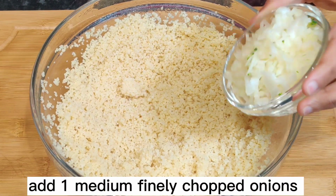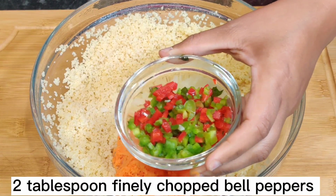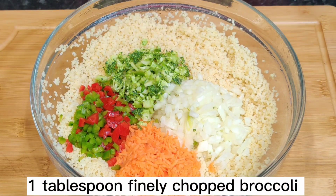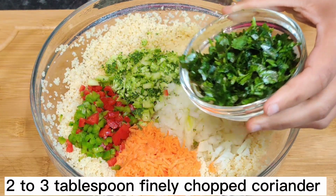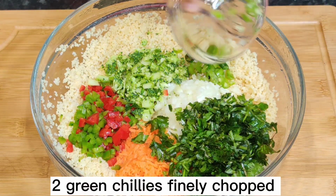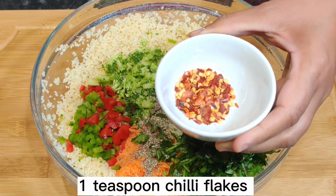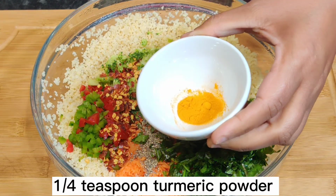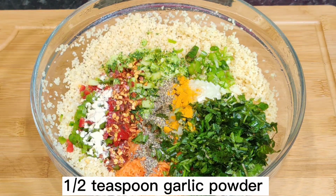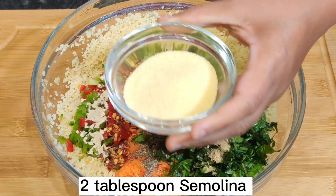Add 1 medium finely chopped onion, 2 tablespoon grated carrots, 2 tablespoon finely chopped bell peppers, 1 tablespoon finely chopped broccoli, 2 to 3 tablespoon finely chopped coriander, 2 green chillies finely chopped, a half teaspoon crushed black pepper, 1 teaspoon chili flakes, a quarter teaspoon turmeric powder, a half teaspoon garlic powder, a half teaspoon ginger powder, 2 tablespoons